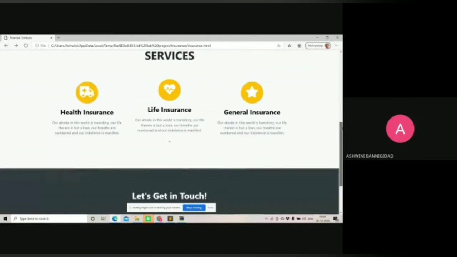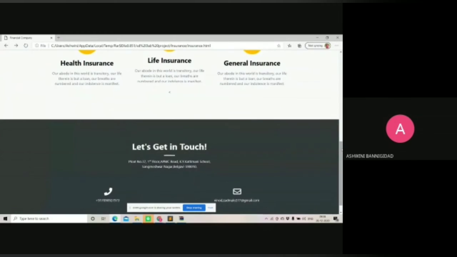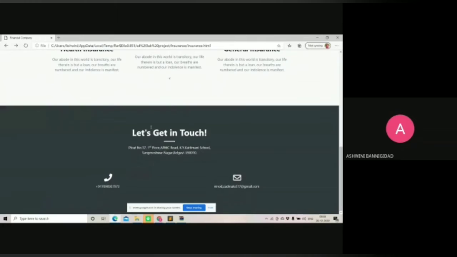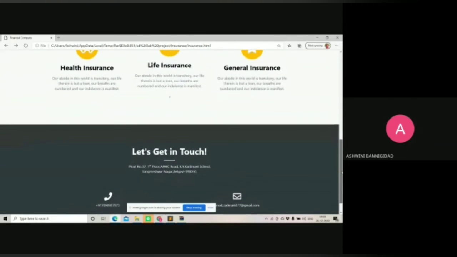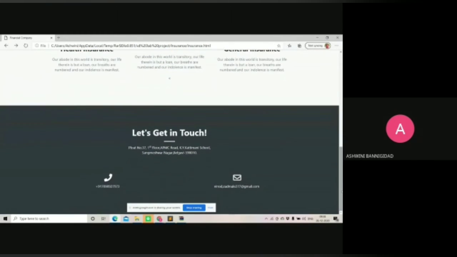And if the customer wants to get more information on this insurance, he can go through the contact information we have provided here. Going through this contact information, he can get more information about health insurance, life insurance and general insurance.